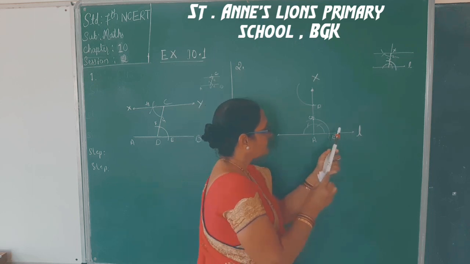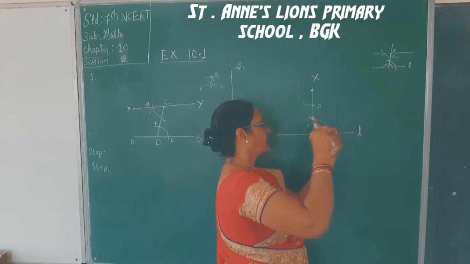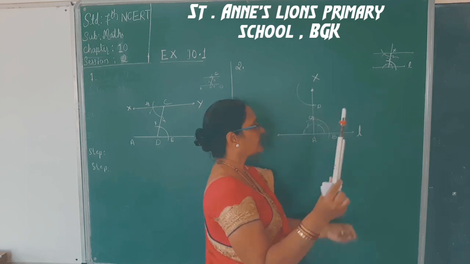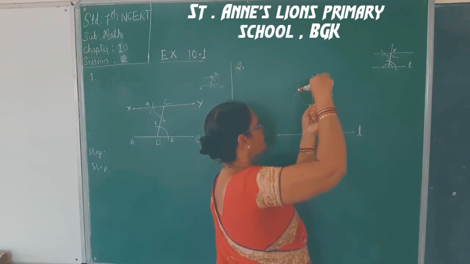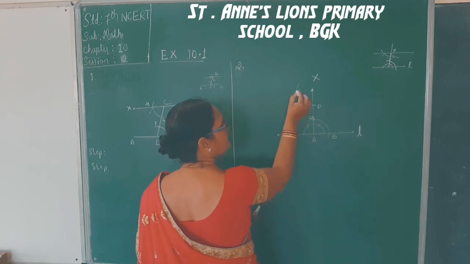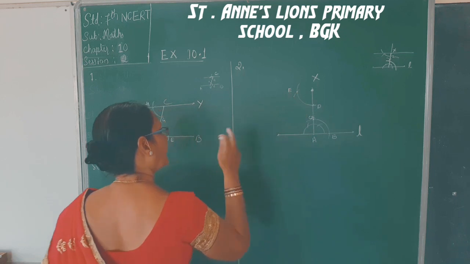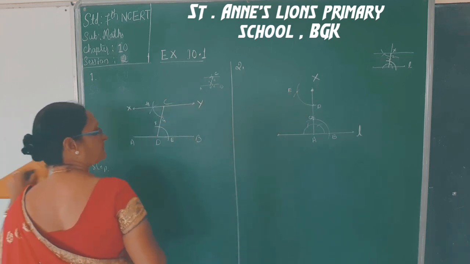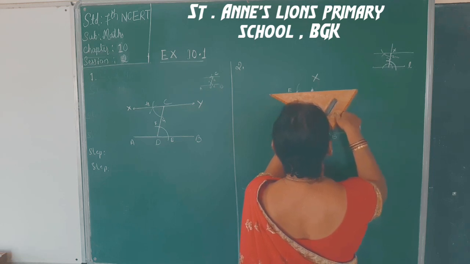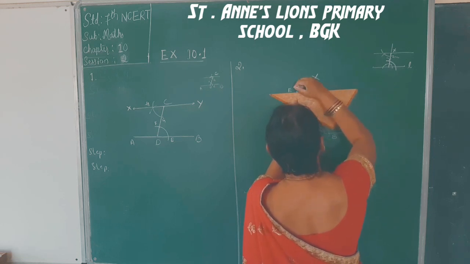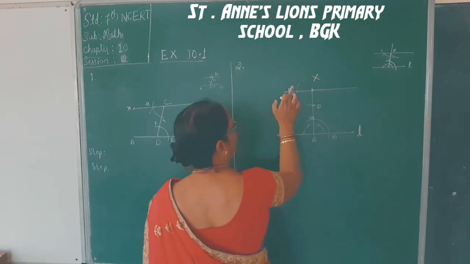Okay. Now this BC, you just measure the arc BC. See, this is arc BC. D as the center, you just cut this arc, just now we have drawn that. That is cutting at the point E. Now you join E and this point X, and extend. That will be the parallel line to the given line. This is the parallel line to the given line.